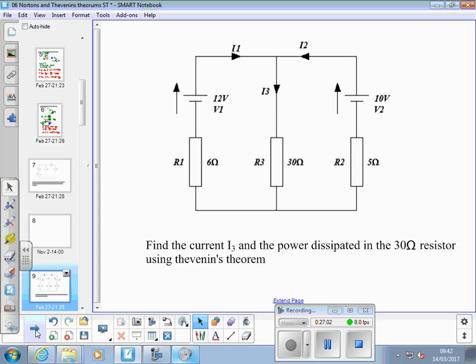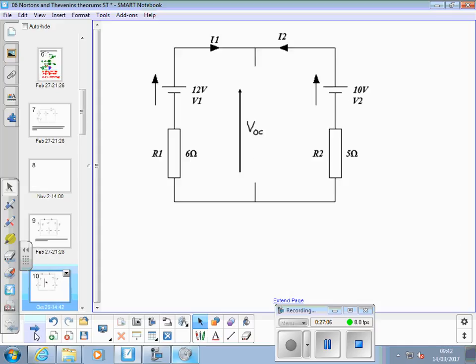The procedure is to look at the terminals, like last week, and see if we get